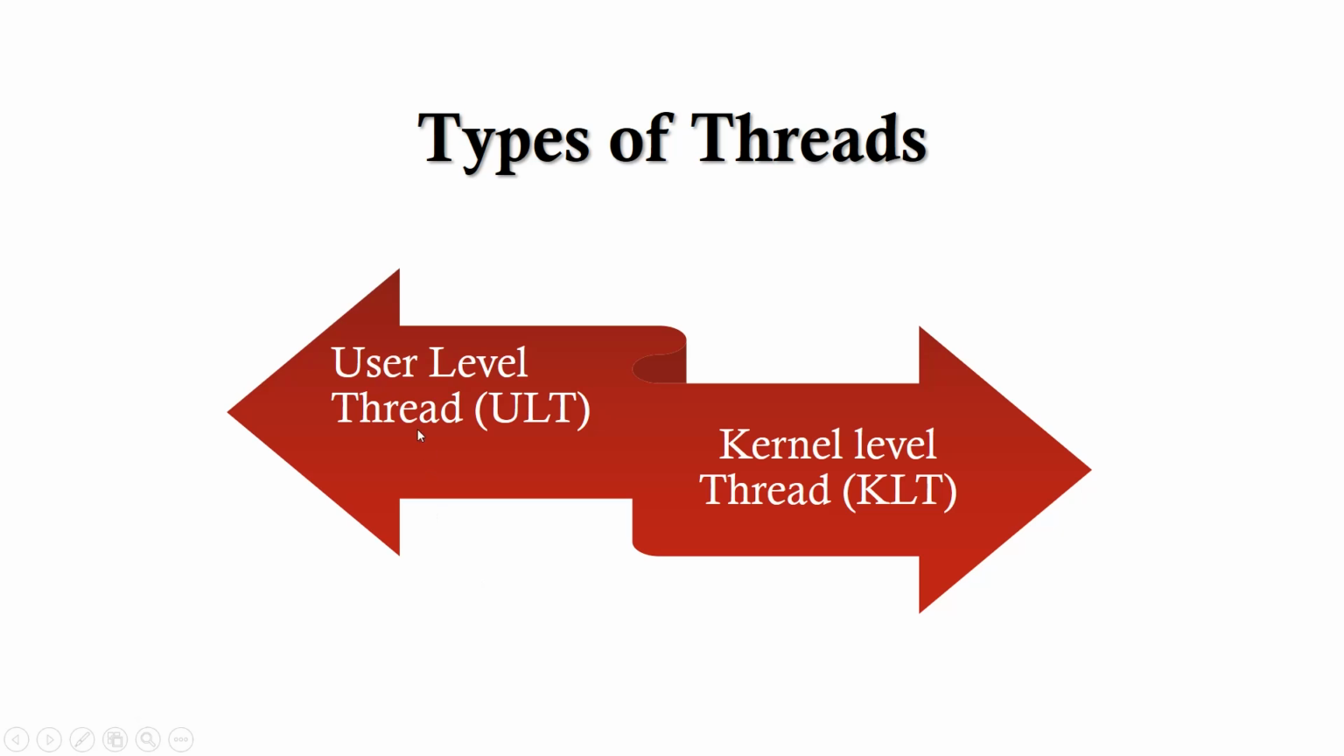So we have two types of threads. One is user level thread and another one is kernel level thread. So let's begin with user level thread. In user level thread, management is done by the user level thread library. So there is a library of threads available that will be actually managing the thread management, which involves creation of thread, deletion of threads once the job is done, resuming or suspending the threads, and